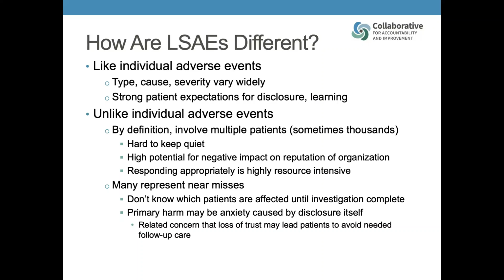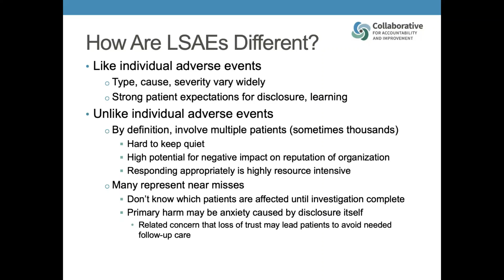And you can't oftentimes do that investigation unless there's been some notification of the patients, and they can come in, at least in some of these cases, for testing for things like bloodborne pathogens. But there's been an enormous amount of concern, given that for at least some of these events, the vast majority of patients will be unharmed,